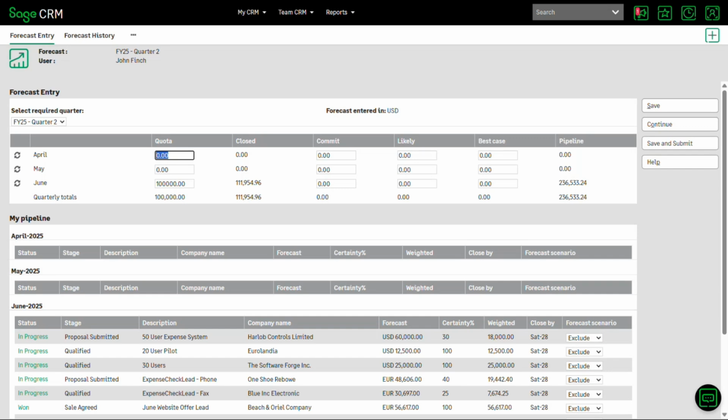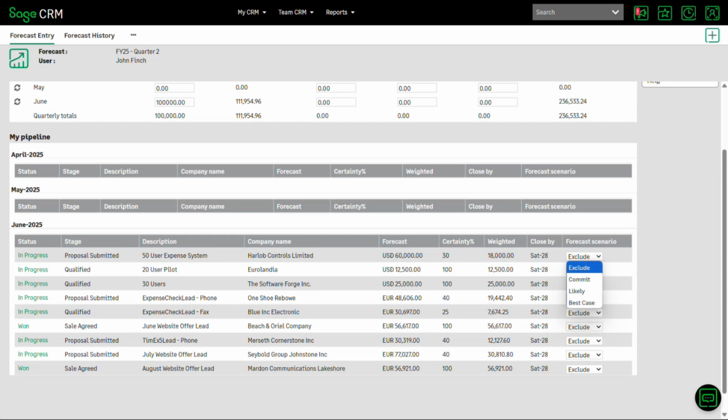Now I can look down and you can see all of the opportunities that are in progress. One of the quirks of the demo data inside Sage CRM is that everything seems to close in the last month of every quarter rather than being scattered throughout the quarter. But here we've got what we're looking at, and if I start to look at these,